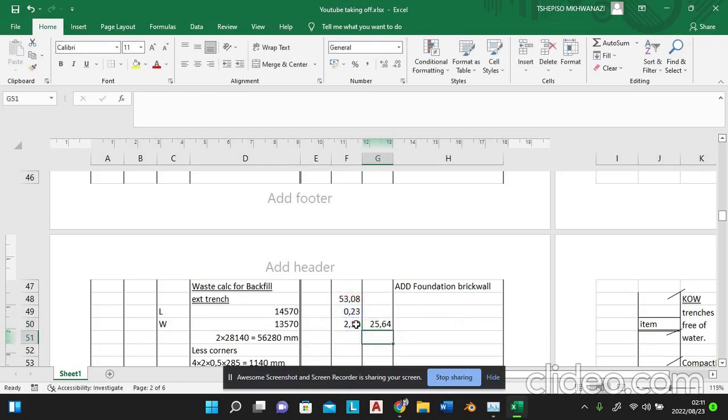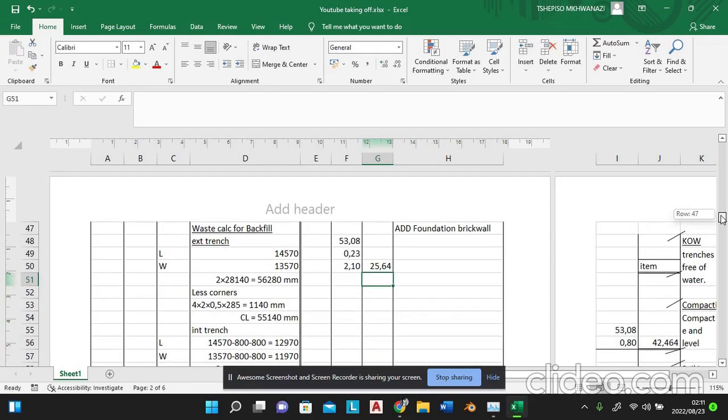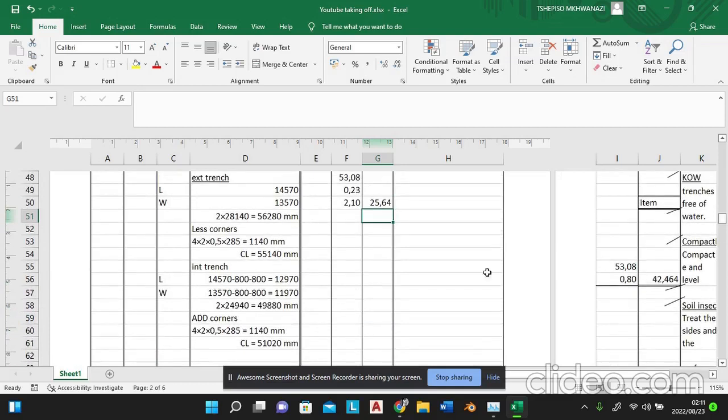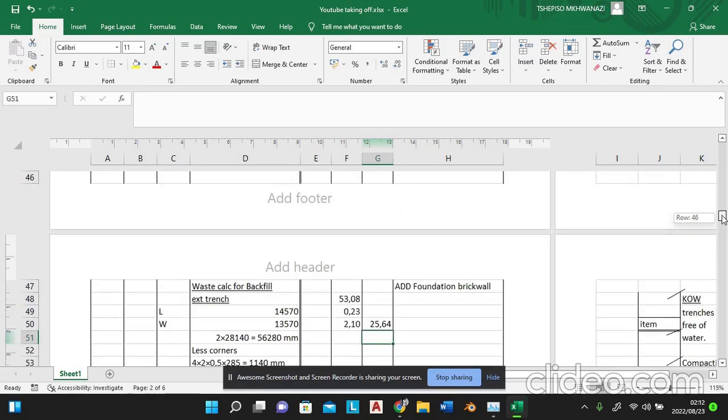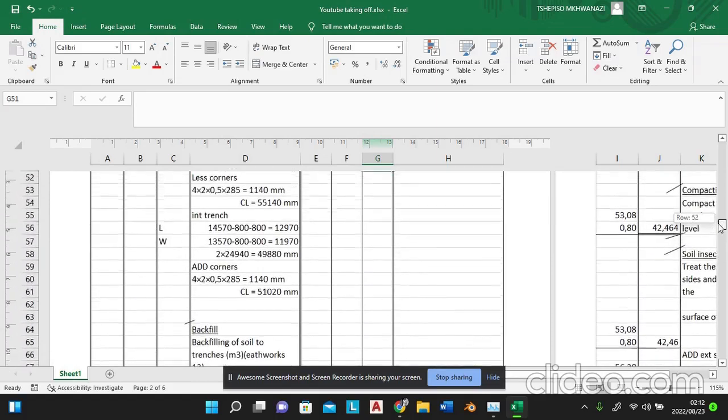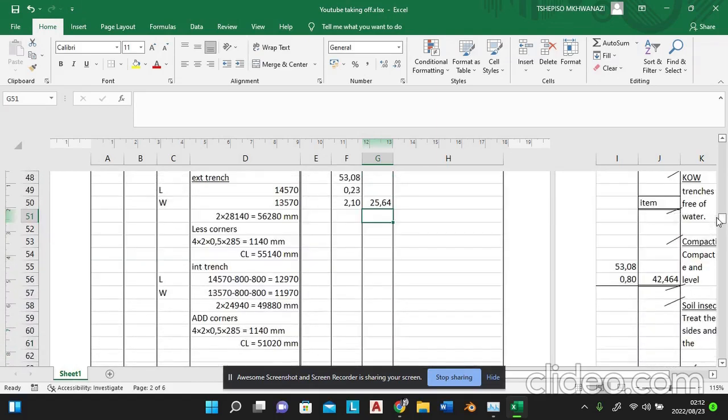Now have this, and then have this, and then have this, and have this. Then click enter. We have the volume for the brick wall. Once cut away the soil, which will be replaced by the brick wall. Now we have the brick wall. The only thing is under this, also cut away the topsoil. Okay, remember that, which means here we're double booking. Remember, we remove the topsoil up until the extreme